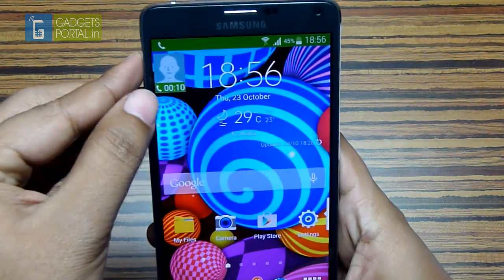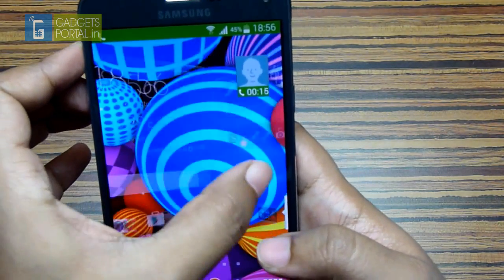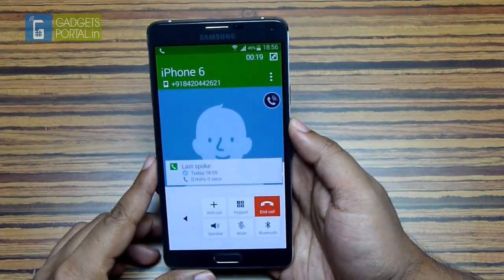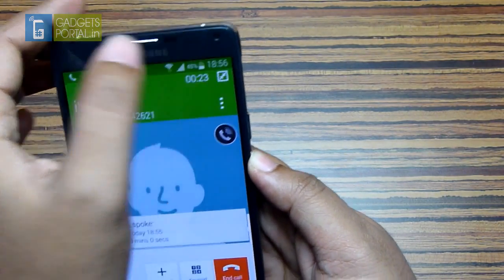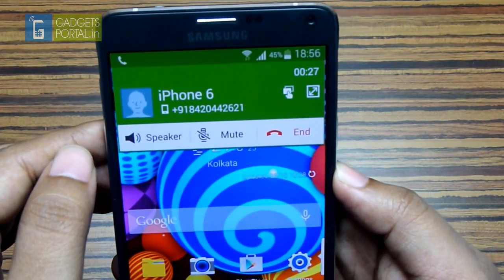Next, if I press the home button, the ongoing call becomes a floating icon and you can move it anywhere and do your normal tasks, even gaming. Again, in the full screen mode, there is an option here. Tapping on this will give you a view like this, which provides you almost all the options,